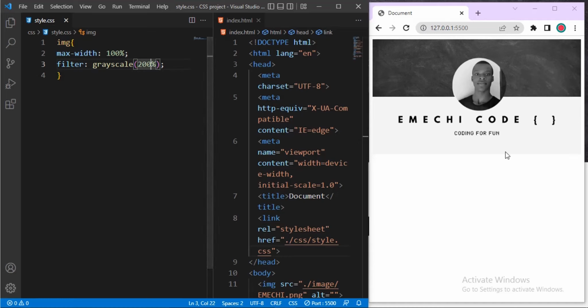Look, this is the effect of the grayscale value of the filter property on an image. So this is how to do a grayscale to an image in CSS. Even so, you may not want to use external CSS, but it's always advised to use external CSS. This is a recommended practice, the best practice. If you don't want to use external CSS, you can just copy this